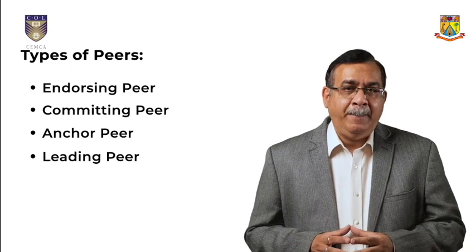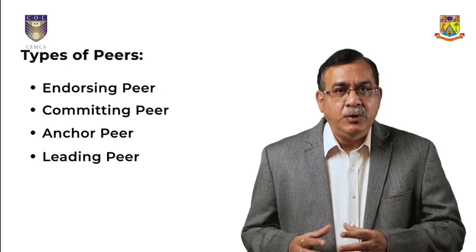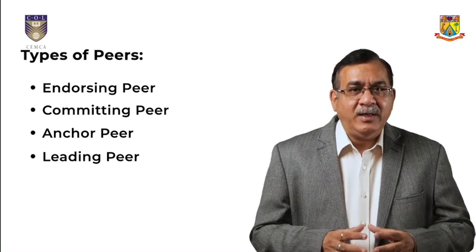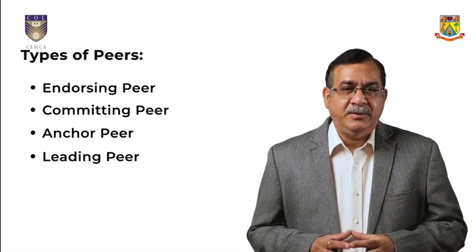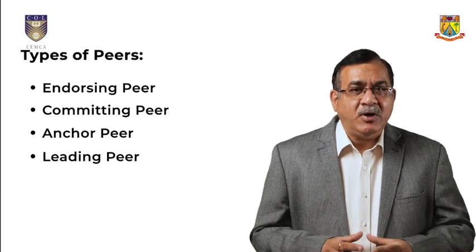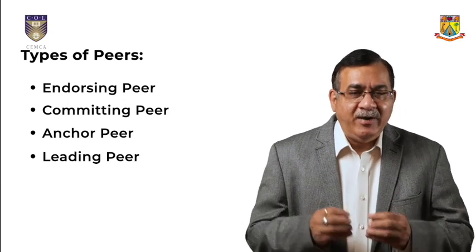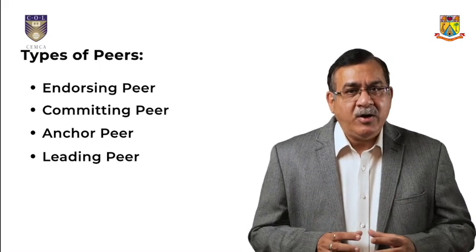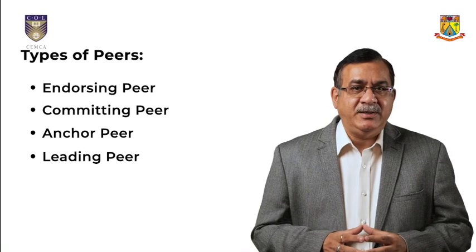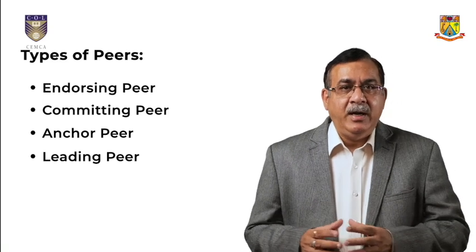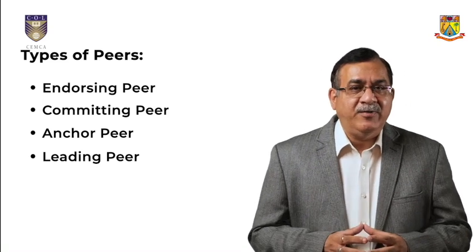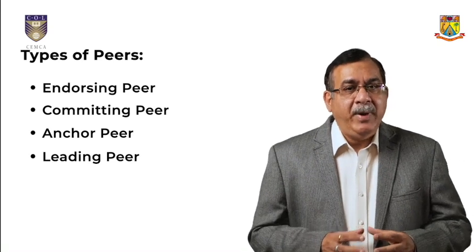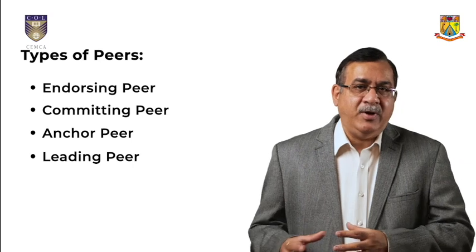Leading peer. Leader peers are those who communicate or disseminate messages from the ordering service to other peers in the same organization. These peers use gossip protocol to make sure that every peer receives the message. Leading peers cannot communicate across an organization. If any leading peer is not responding or is out of network, then we can select a leading peer from the available peers based on voting or randomly chosen one.